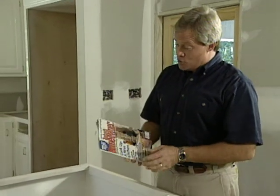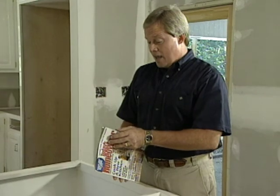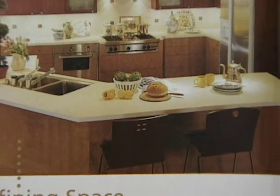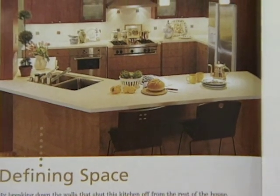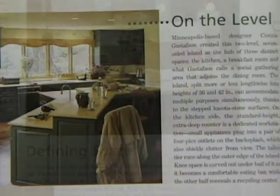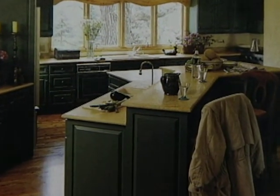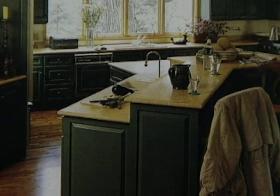In this past issue of our magazine, Today's Homeowner had an entire article dedicated to island design. One design is an L-shaped island that can aid in defining space in an open floor plan. Another is a multi-level design that incorporates an eating bar and helps to provide a visual break between the kitchen